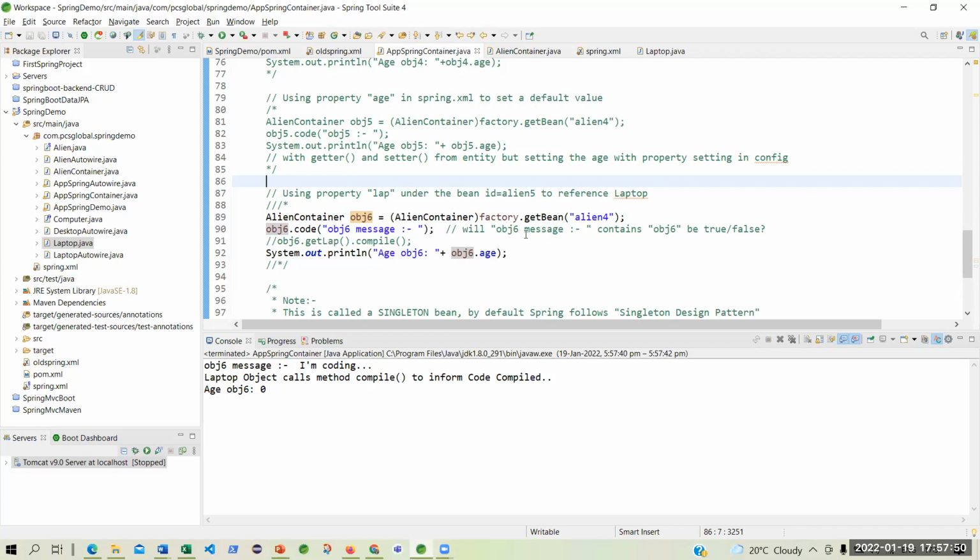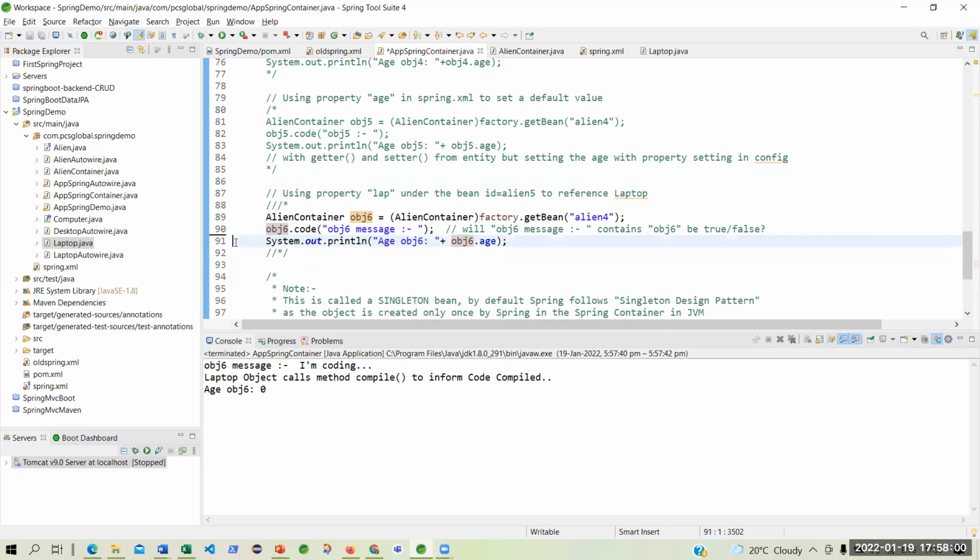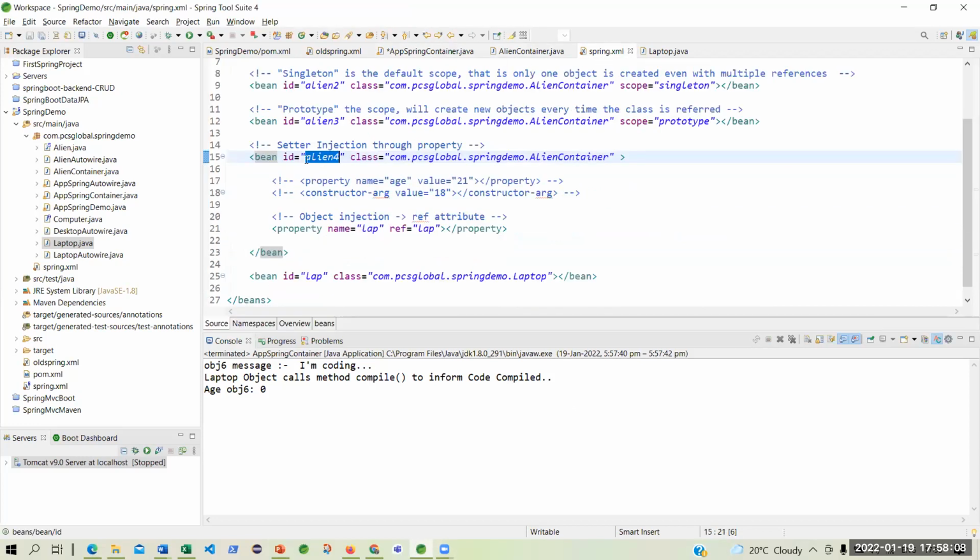Are you getting me? Is this clear? Yes, sir. Everyone else? See, I am using the same ID, bean ID. This bean ID has a purpose to refer to the align container.